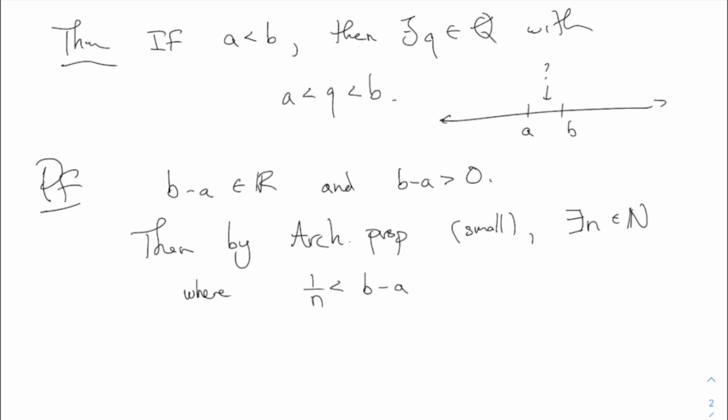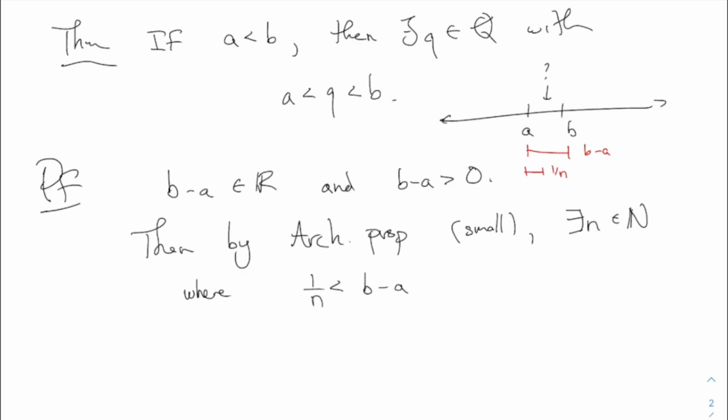All right. So I'm already feeling kind of good about this because on this picture, what I discovered is a fraction 1 over n, which is smaller than that distance. So really, if you think on the picture, that distance is b minus a. What we've just found is a fraction like that, which is even smaller than that distance there. I feel pretty good about this because what I'm looking for is an intermediate number here, which is totally rational. All right, and this is getting there, I guess. I mean, it's a fraction, 1 over n, right?